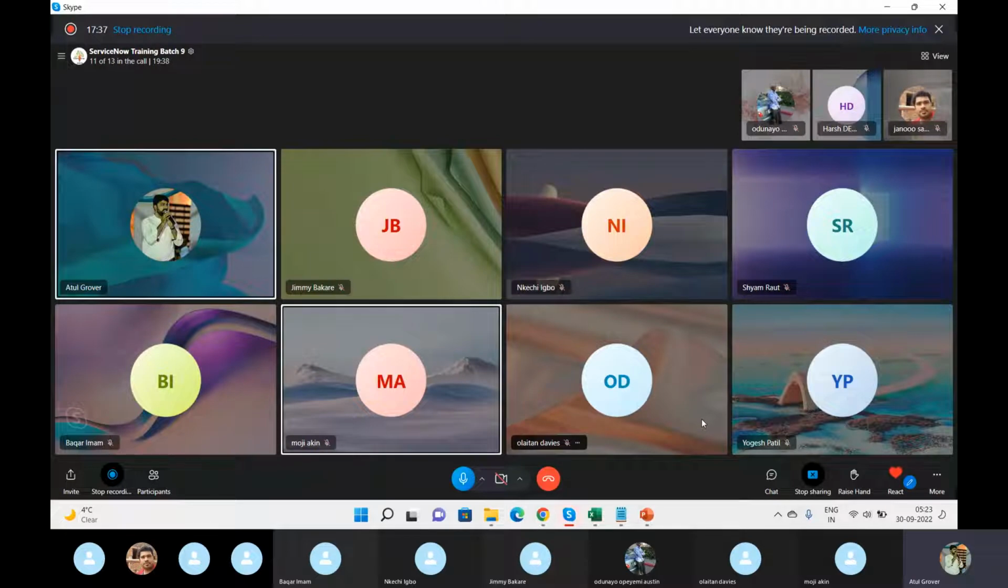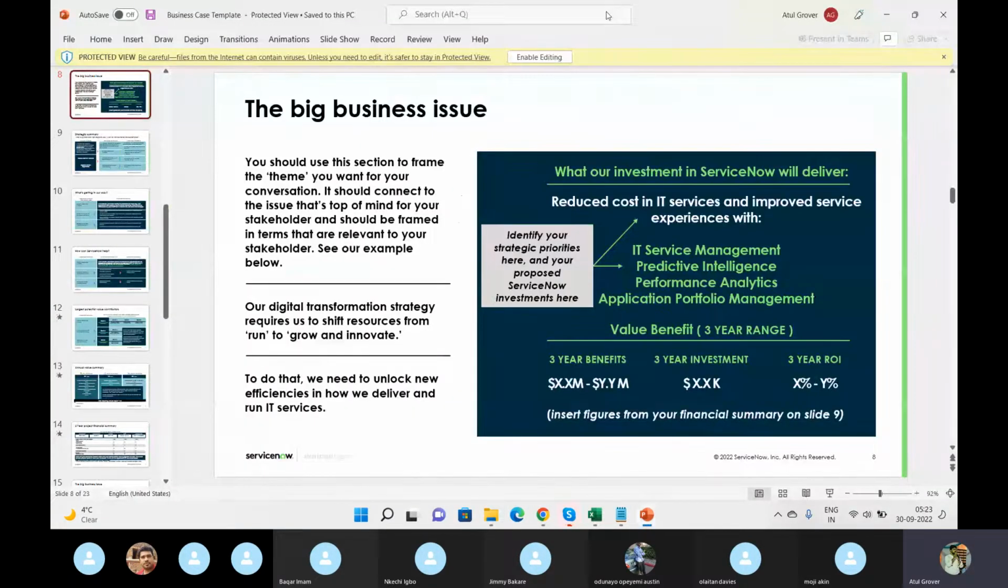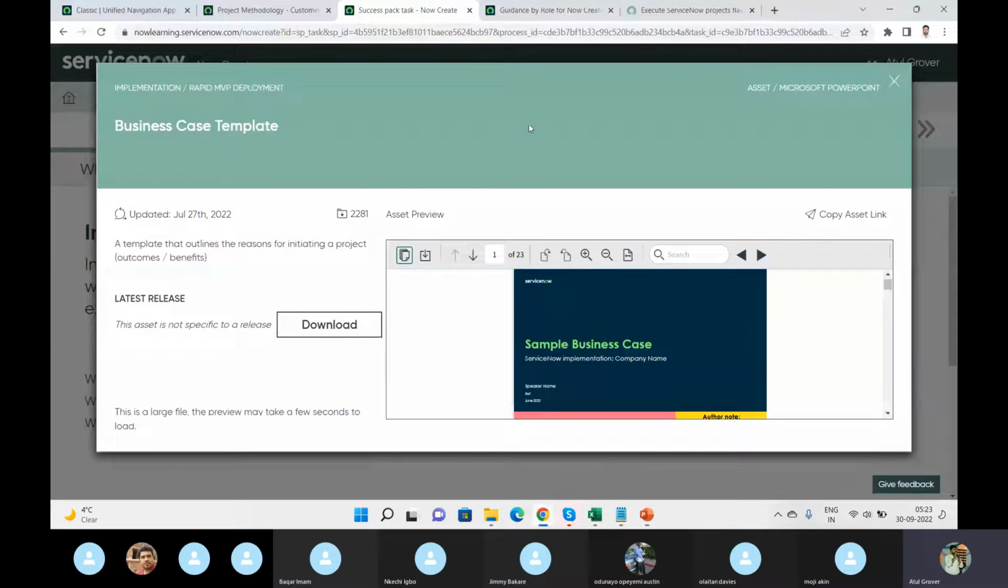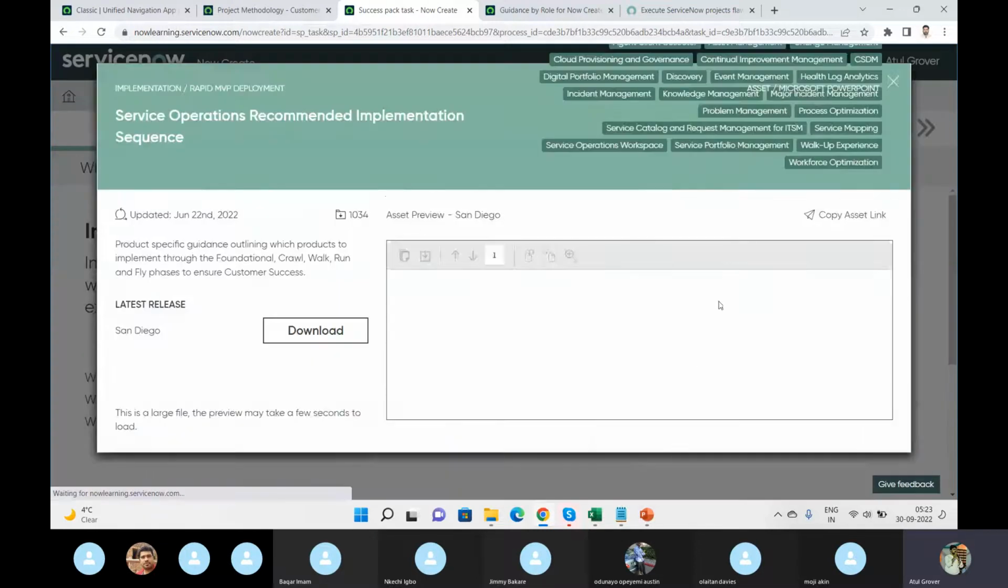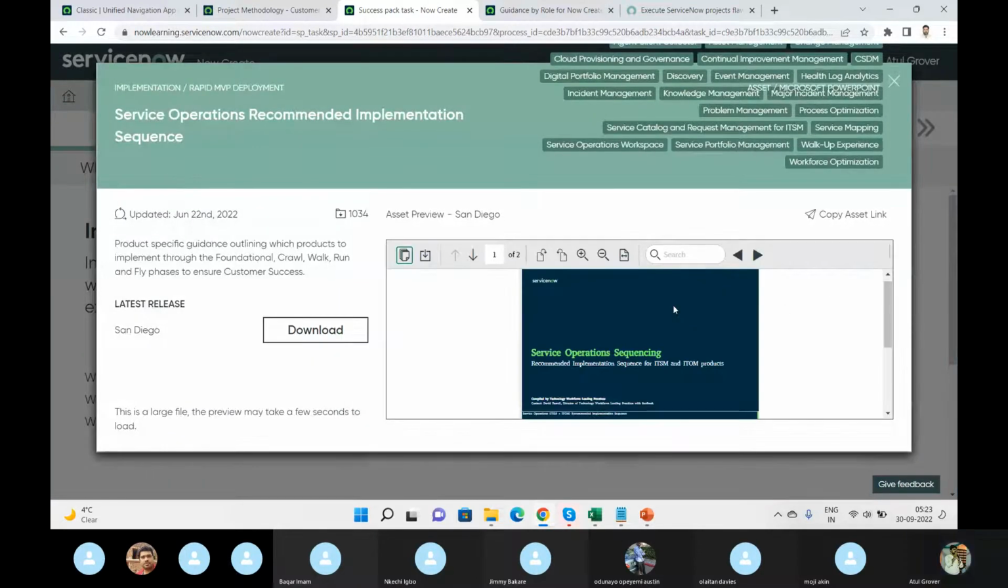That's fine. Okay. Now, if I go back, by this way you can download this. What is the recommendation? And see, these are called assets, so that you can use them again and again as required. This is as per the latest San Diego version. Now they're working on Tokyo as well. Now, if I go back here